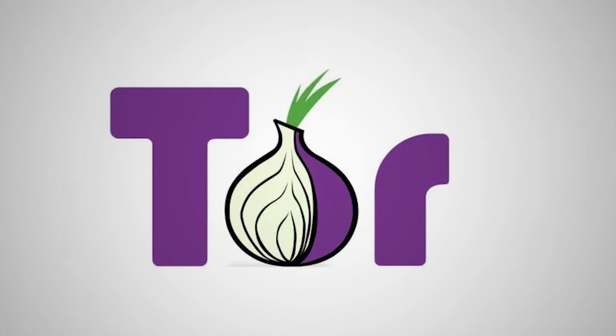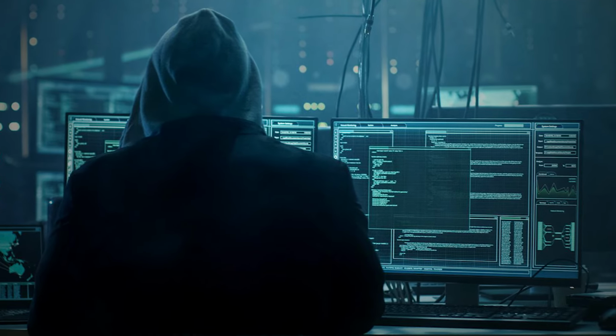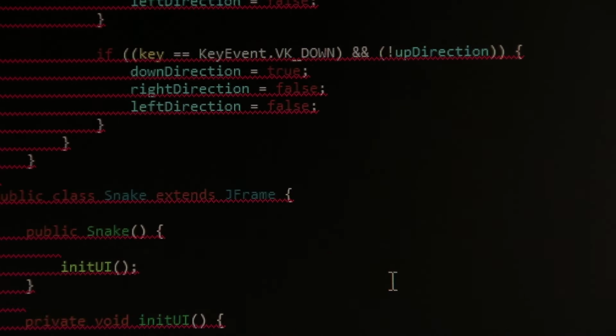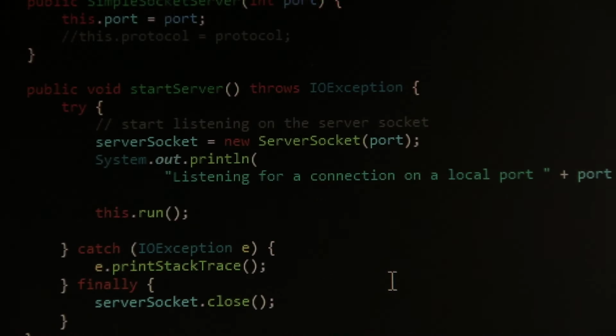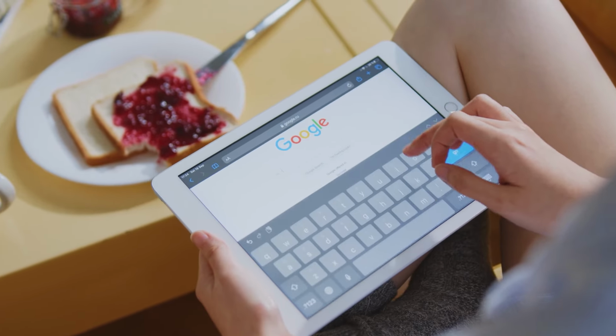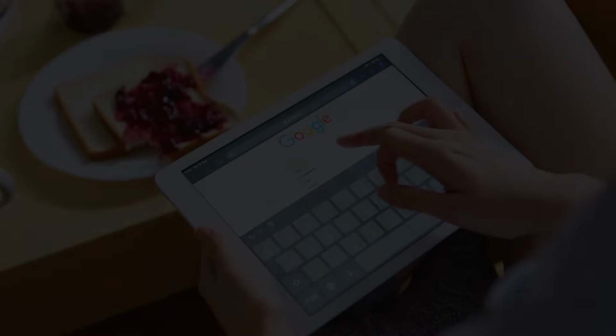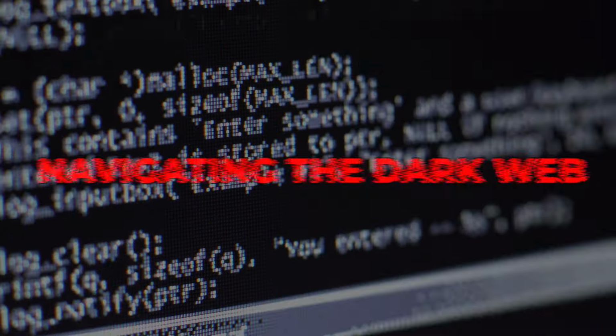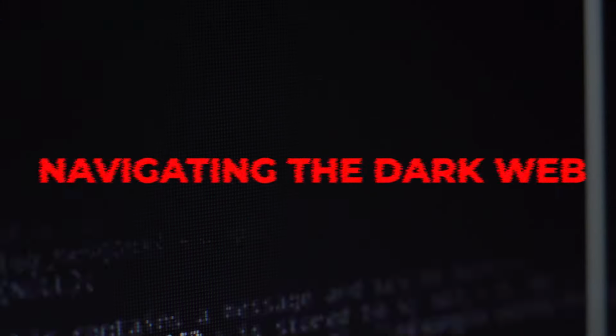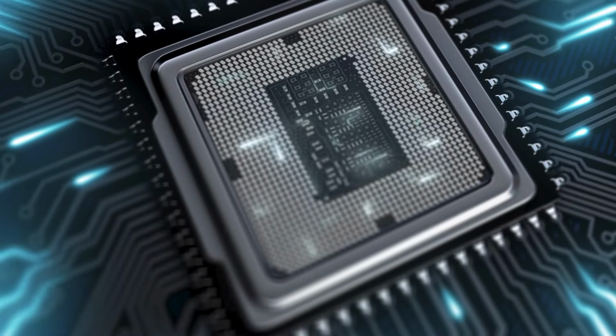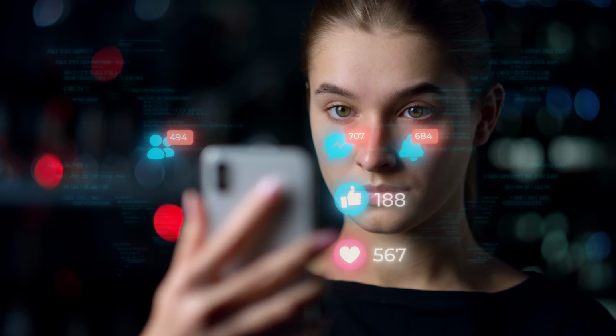It's important to note that without Tor, the dark web would still exist. Tor is simply one dark web browser, of which there are many. It's kind of like if Google Chrome was shut down tomorrow, the internet would still exist. The tools and requirements needed to access the dark web are enough to attract different types of users from all around the world, both good and bad.